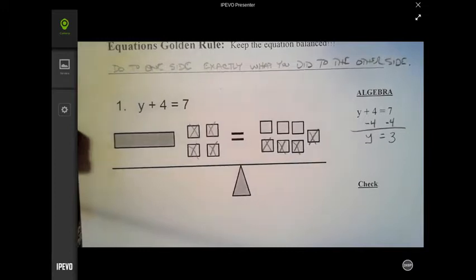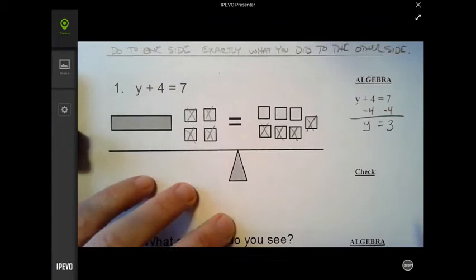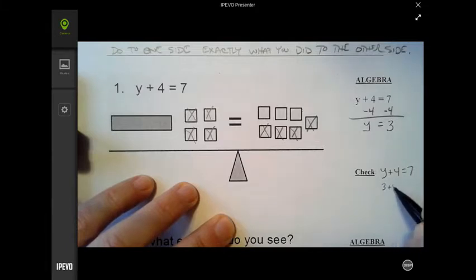One other thing that you're going to need to do when you do an equation is check your answer. Okay, when you do a check, the first thing you do is write down the original problem, which in our case said y plus 4 equals 7. And now we think that the value of y is 3, so we'll replace that in our equation. We'll make it say 3 plus 4